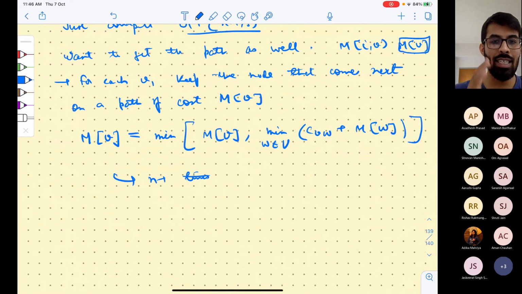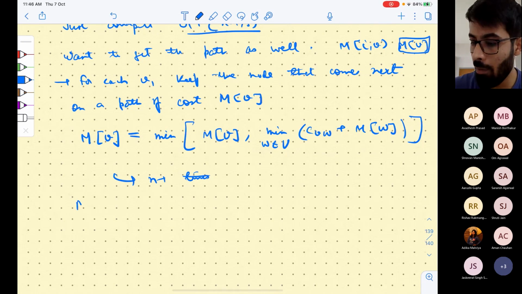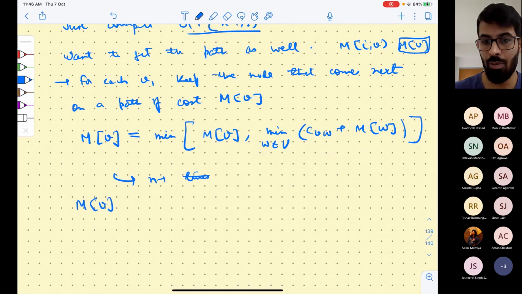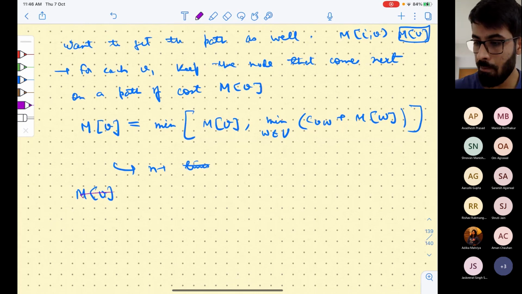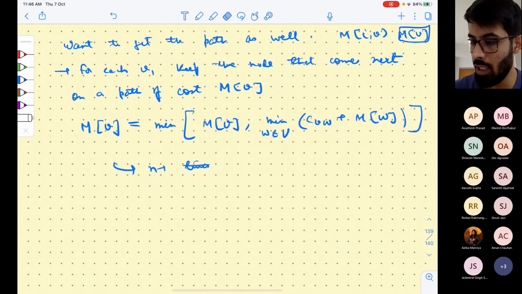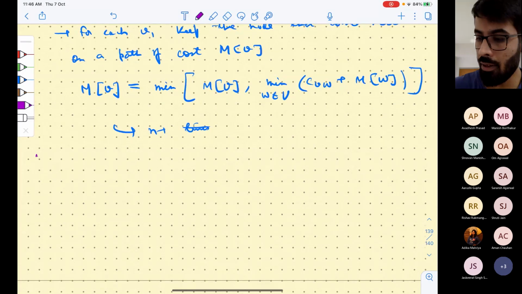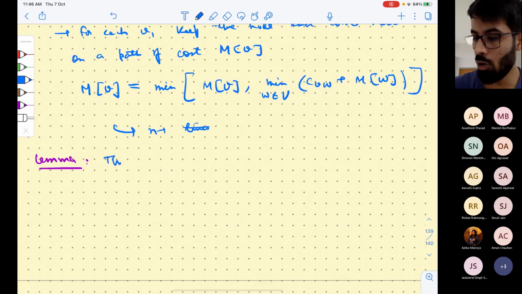All I'm saying is that after you have completed the I iterations, consider the value of M of v. So let's write it as a lemma. You can show that throughout the algorithm